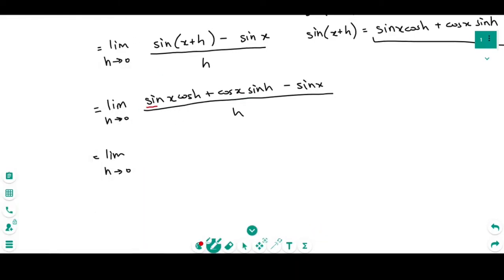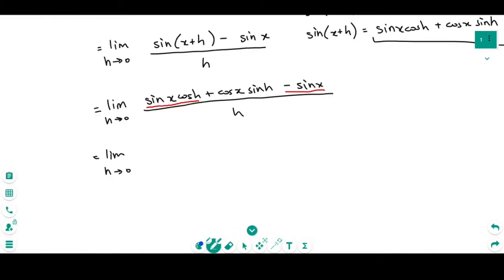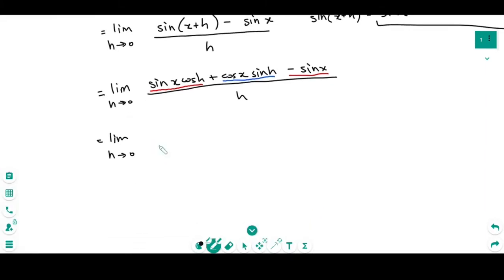So everything that contains a sine x, so this and this, I'm going to split into one fraction, and everything that contains a cos x, which is this, so let me do that in a different color. Everything that contains a cos x, I'm going to split into another fraction. Okay, so what would that look like? I have sine x cos h minus sine x over h, and then plus cos x sine h all over